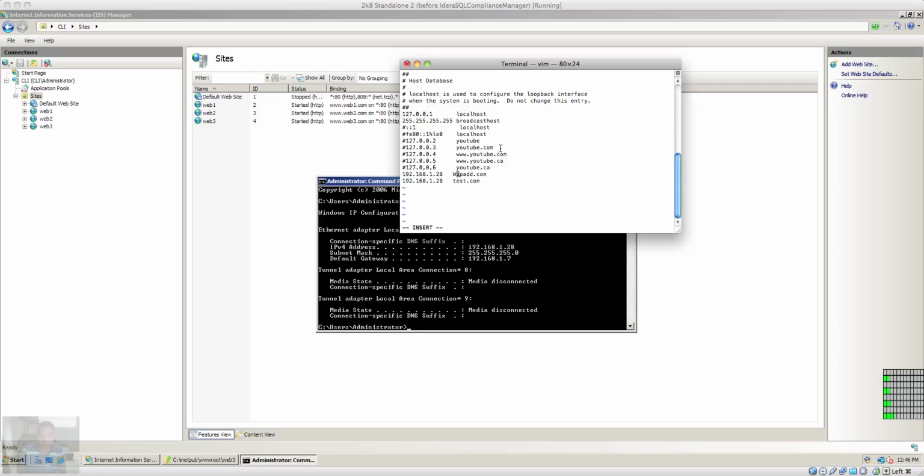Let's change it to www.web1.com, and we're going to change this